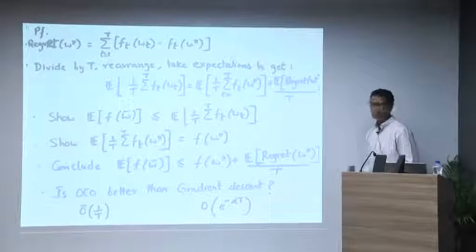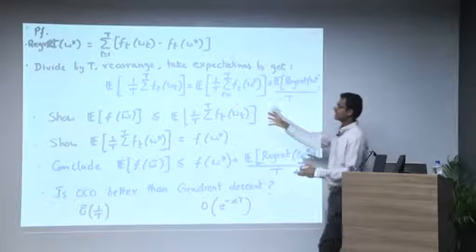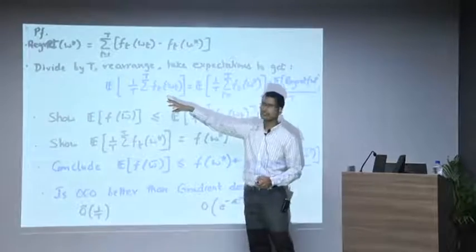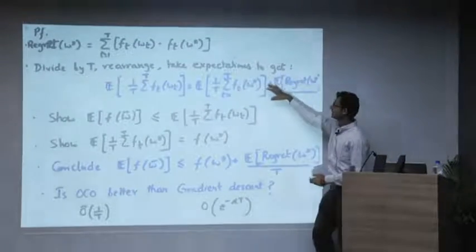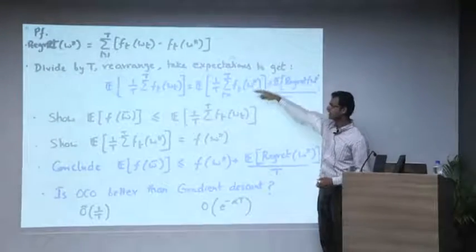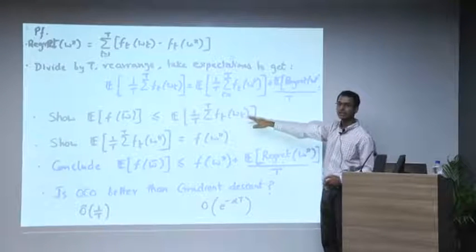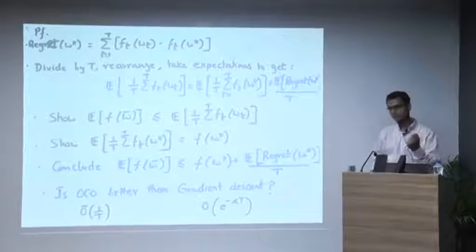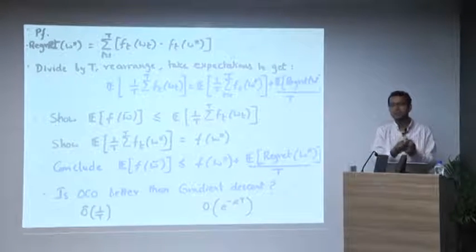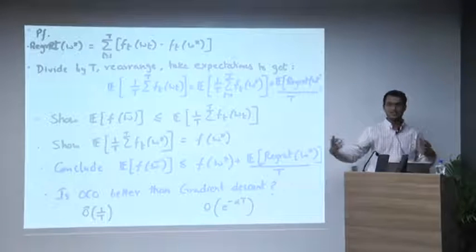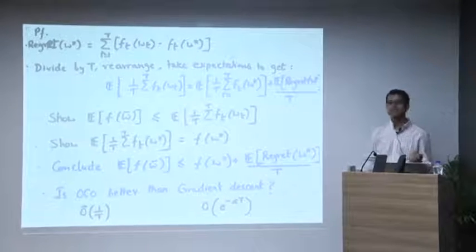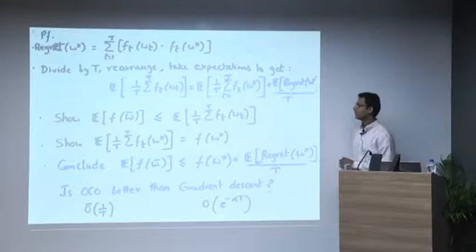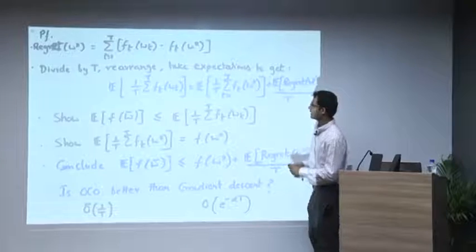So the first thing we're going to do is show two things. One is we're going to take the left hand side and get a lower bound for it, and for the right hand side, the first term, we're going to get an equality. Those are these two lines, and based on that we can get an idea about how W bar, which was just the average of a bunch of points that your learner provided, is related to the global optimizer of your convex optimization problem. Okay. So to get the first inequality,